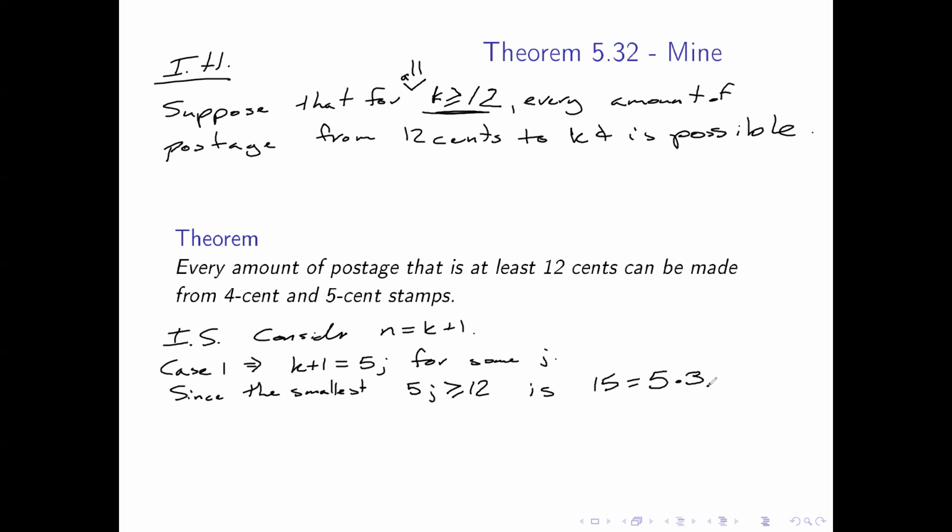Since this is true, then j is bigger than or equal to 3. Oh, all we have to do then is 5j plus 1, which is equal to k plus 1,